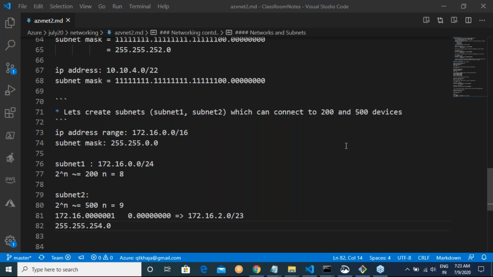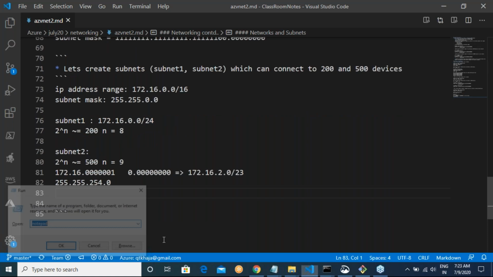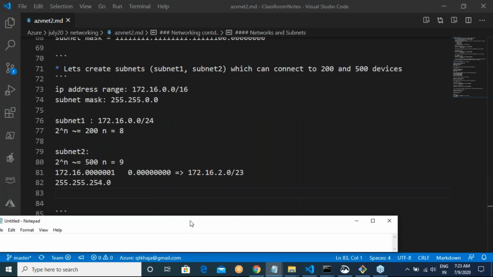Generally, your network will have a smaller slash number and your subnet will have a larger slash number. If you see my network's range, I have 16 over here and 23 over here. I have 16 over here and 24 over here. Now let me ask you this question. I have to create two subnets.